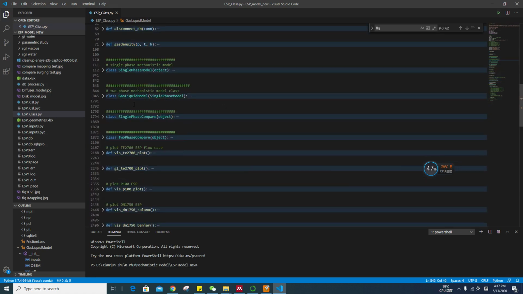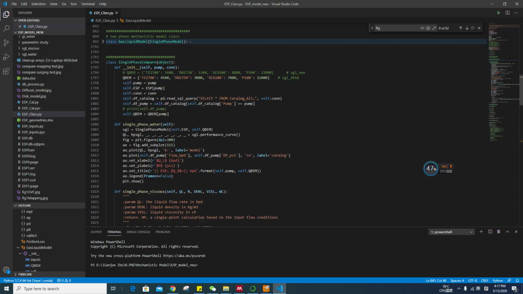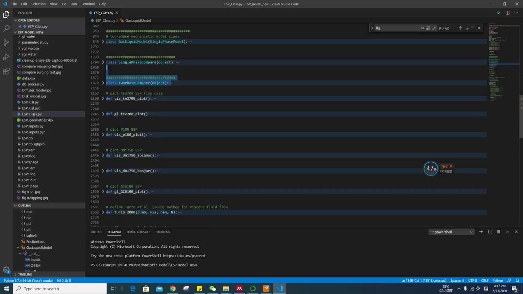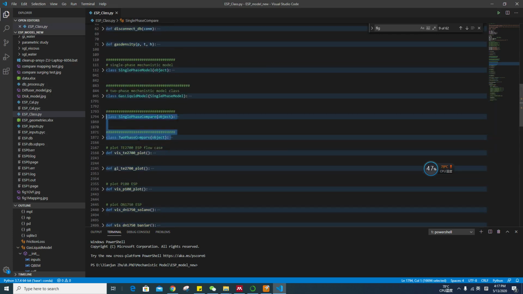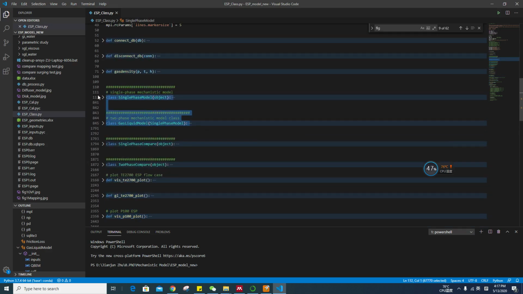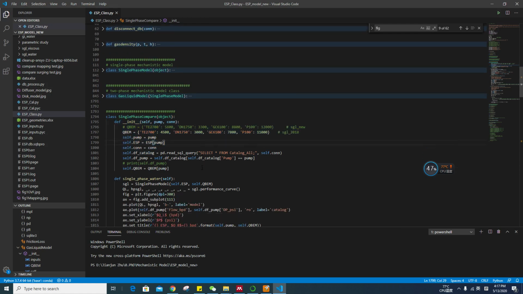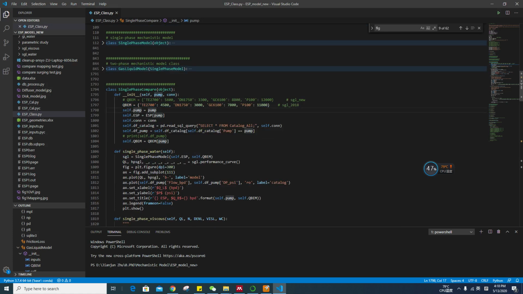So this is the multi-phase gas liquid model, and this is the single phase compare. Those two classes are used in the testing. Those first two classes do the basic calculation, and those two classes help you compare the result. So basically, for example, this one is